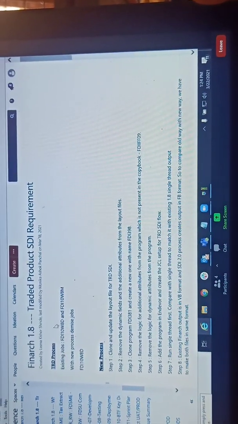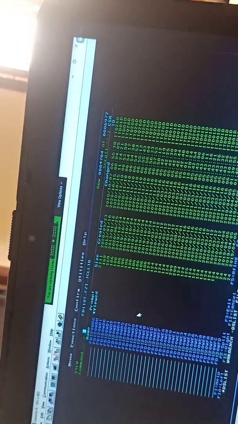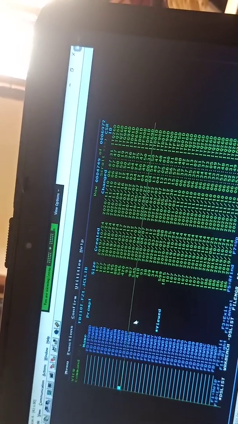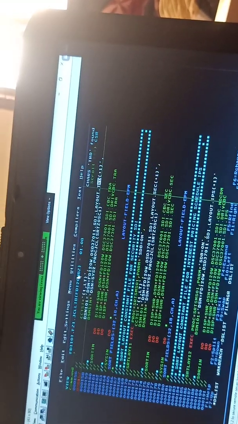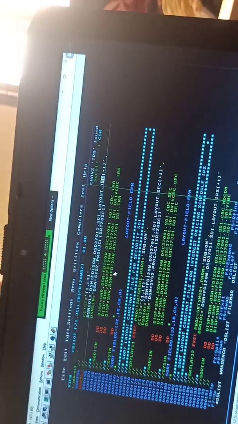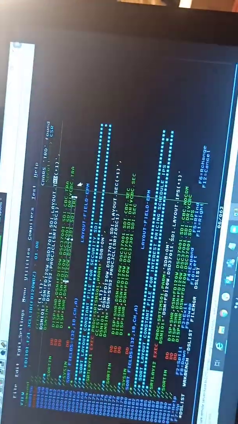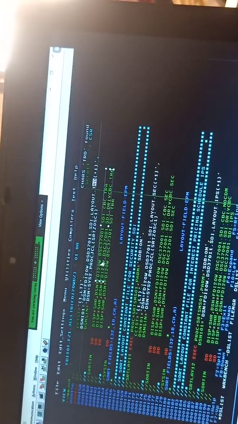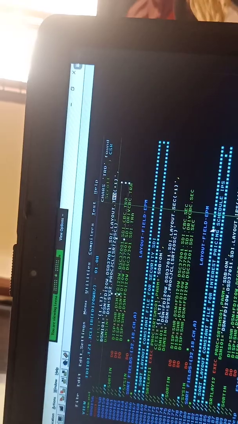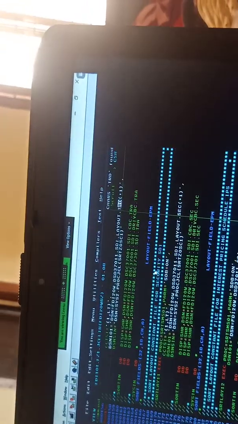So here it is the same. The traded product copybook is this one. So again, you will have to delete the fields which are not there in this copybook from the layout file. Now the BZ job. Here again you have to update this layout file, remove the fields which are not there in your copybook, and use these files as they are. Just copy it with 30W. So this is what you will need, and then next is the program.